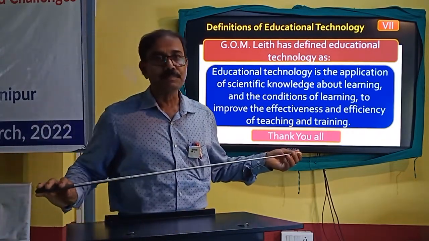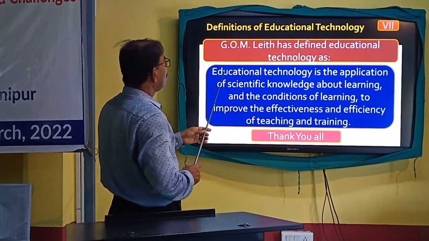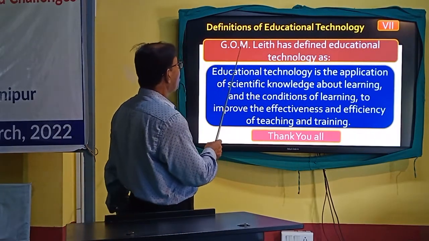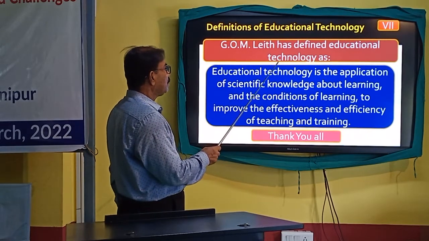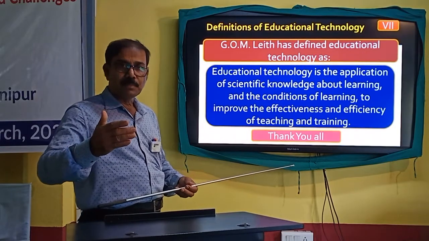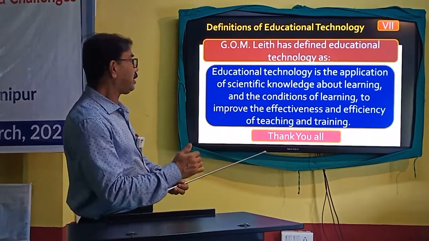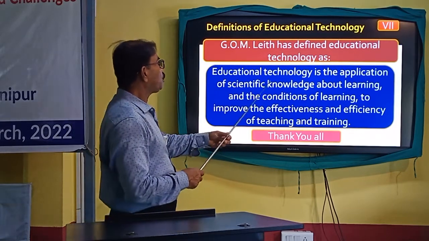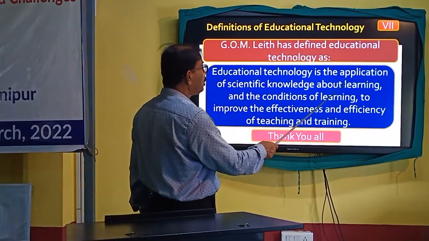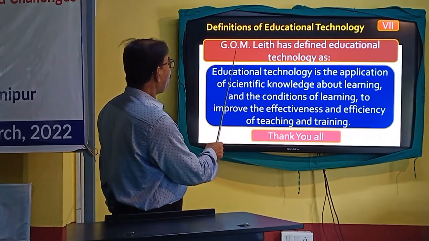So friends, here you have found in the definition of G.O.M. Leight two specific areas with which educational technology has been connected, and these two areas are teaching and learning,